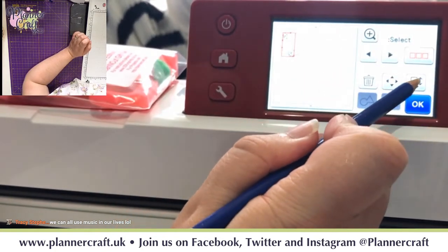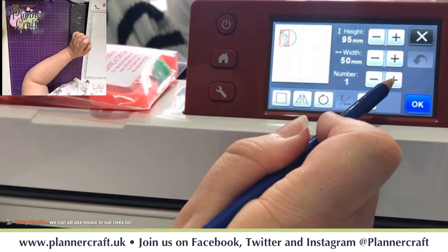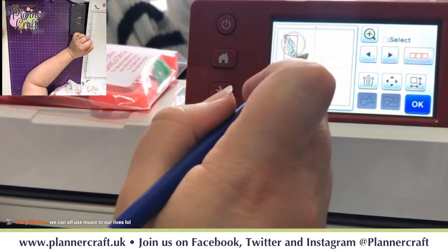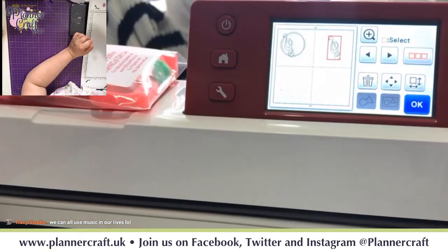So now I'm going to go into the edit button and I'm going to get 2 treble clefs and go OK. I'm going to set one to one side